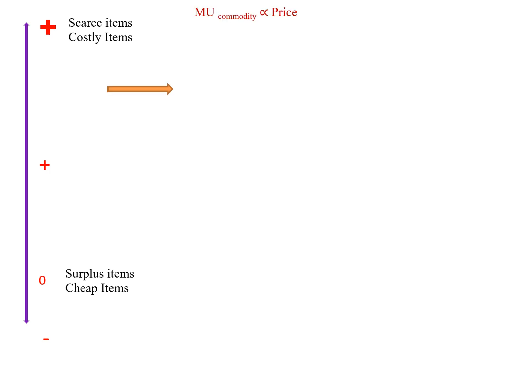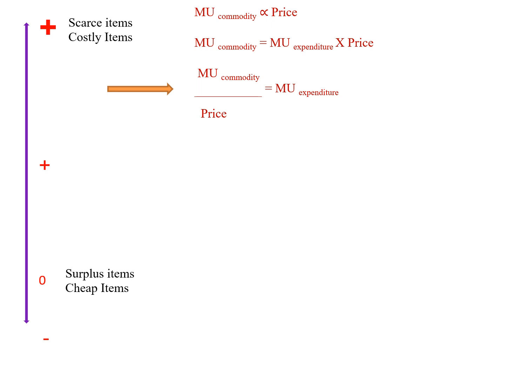It means the marginal utility of a commodity is directly proportional to the price of the product. Or you can say that the marginal utility of a commodity equals the marginal utility of expenditure into price. There is an assumption that the marginal utility of expenditure is constant and it is 1. Then in the same line, if the product is 1, the marginal utility of the particular commodity divided by price equals the marginal utility of expenditure.